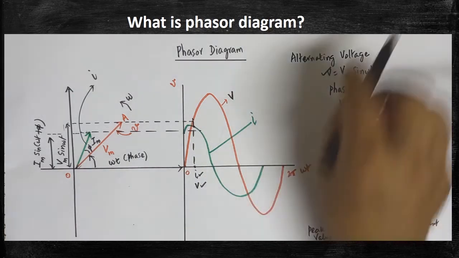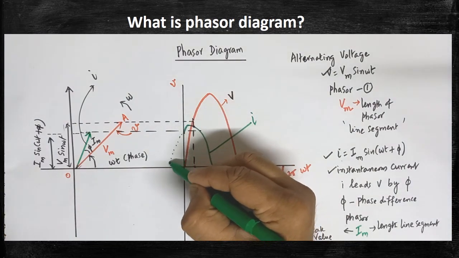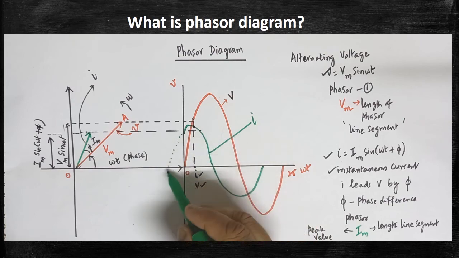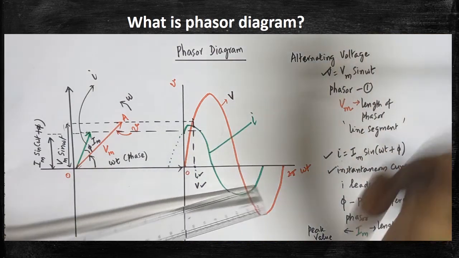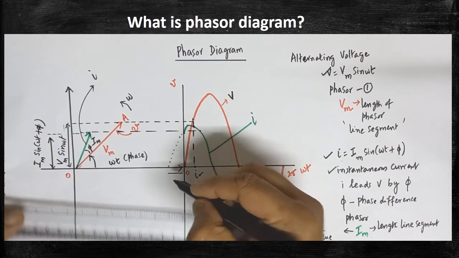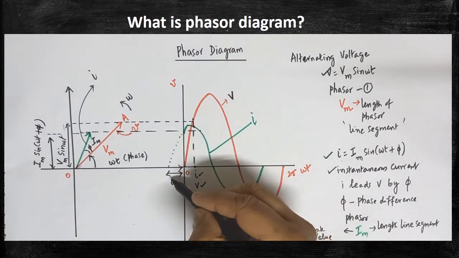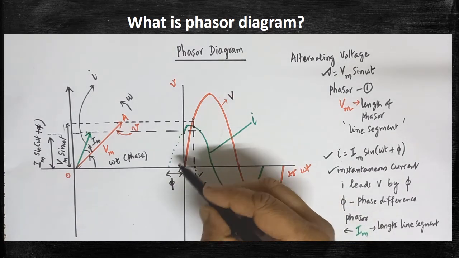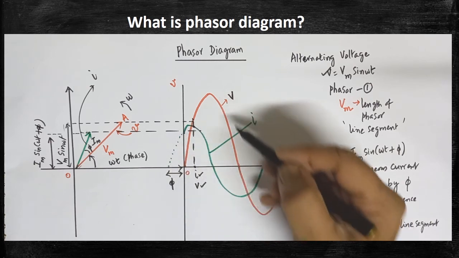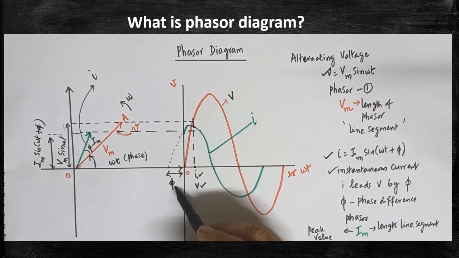How to get the phase difference? This graph is to be extended a little bit by a dotted line. So this one is leading now. Here you are able to get the phase difference. This is the phase difference between I and V. I has already started its journey. V is lagging behind. The angle between I and V can be calculated by drawing this extra line. Here only the phase difference can be obtained.